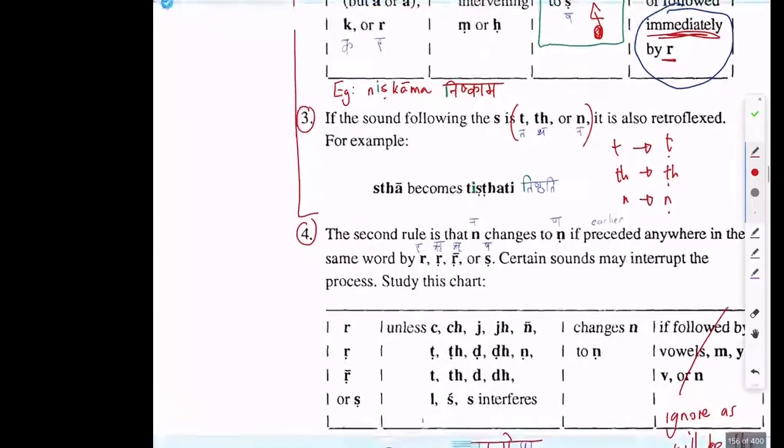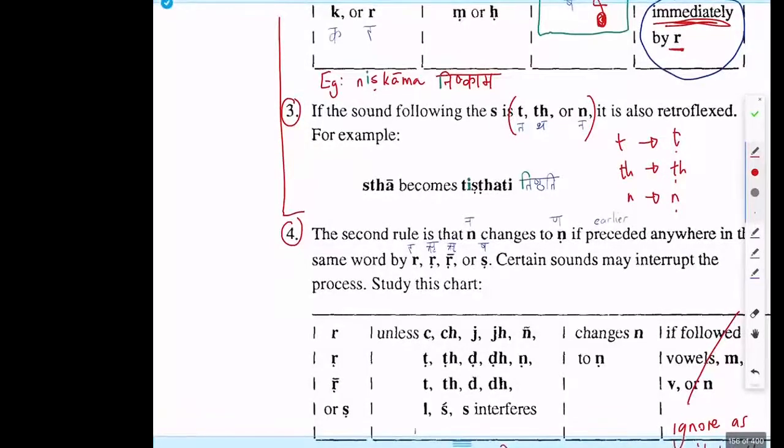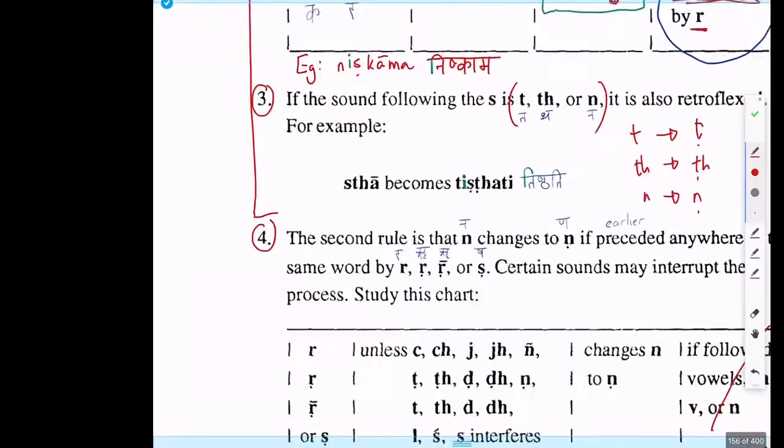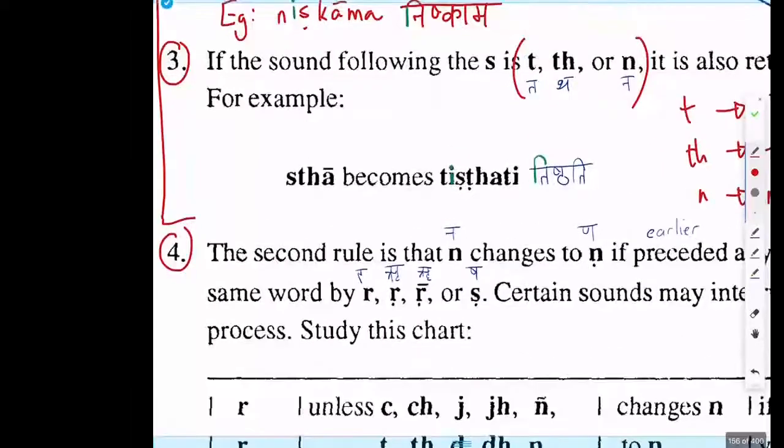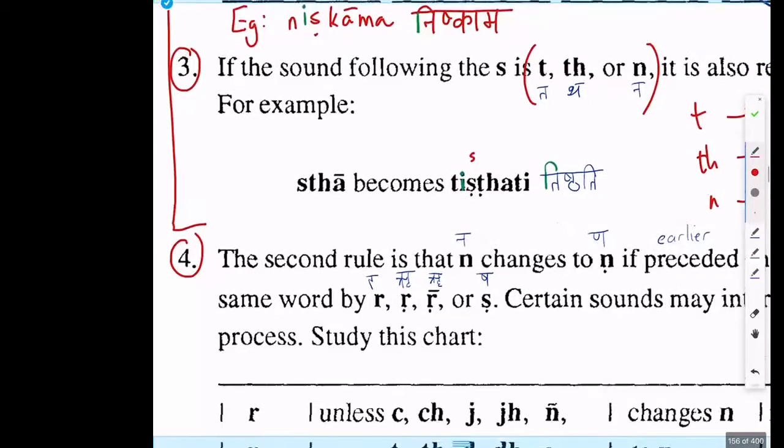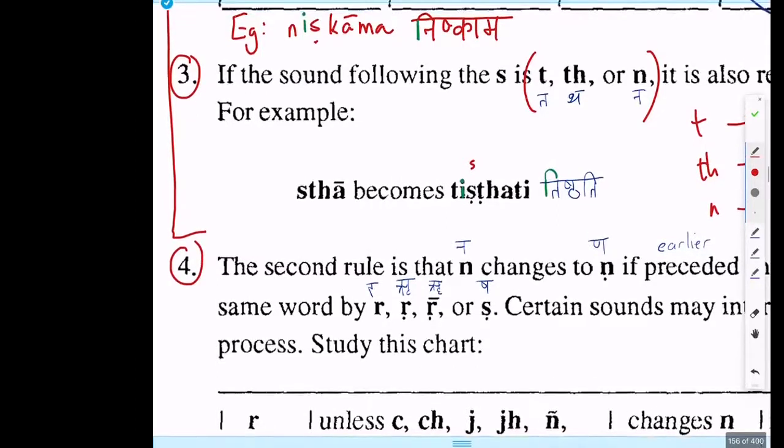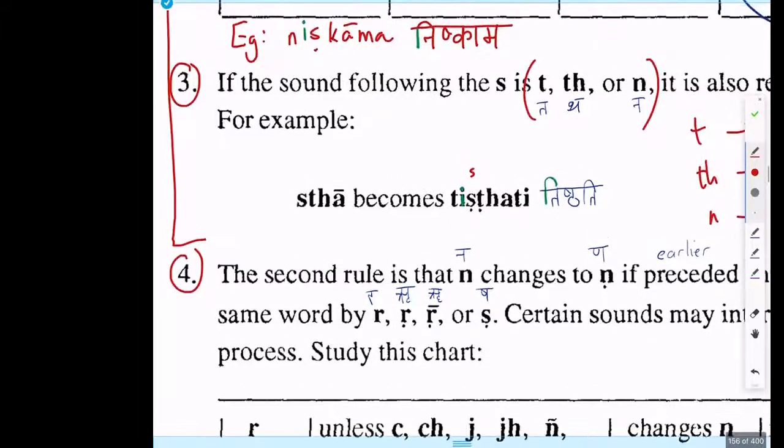For example, I think Dave asked this very early on in the course. How do you come to tish, ta, ti, you know, this strange combo? Okay, so here it is. This is our stands words. So because of the green vowel, the original s has changed into a retroflex. We've just done that in the previous number 2. And because the s is there, it's also influenced the next t to become a retroflex. Therefore, from tis tati to tish tati.